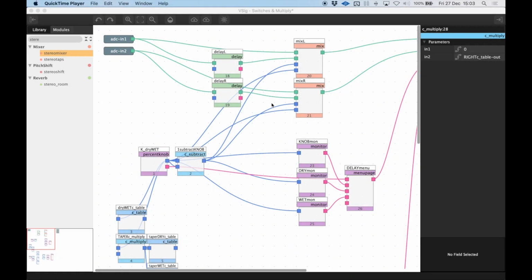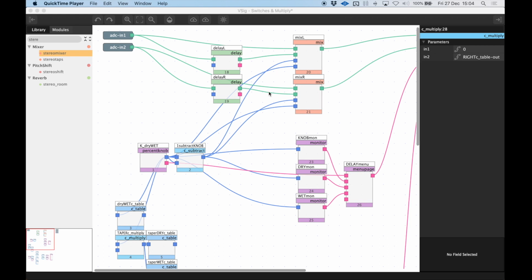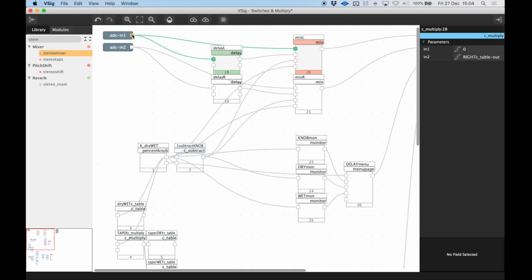So in this video, we're going to cover a couple of the different modules that are available. In the last video, I covered a simple delay network that was using two delays, much like this. But it's just so you can see this could apply to a delay network. We're coming on in one, and that's going into the delay, and then out of the delay into this mix